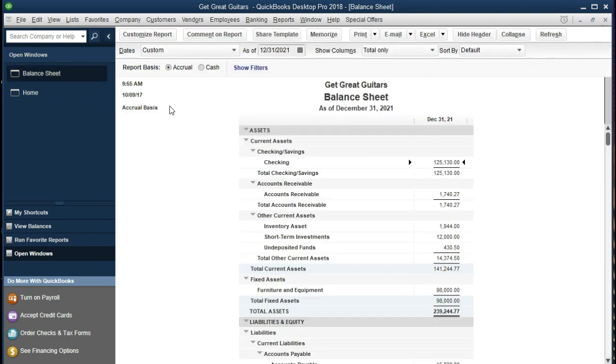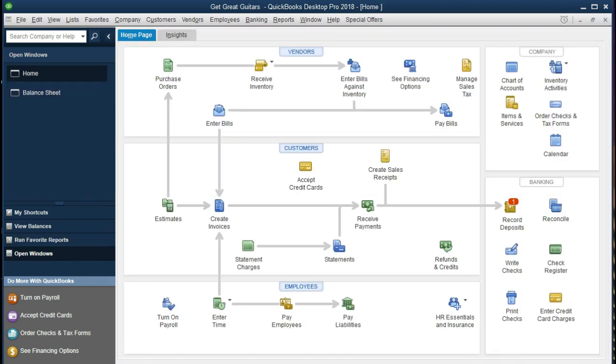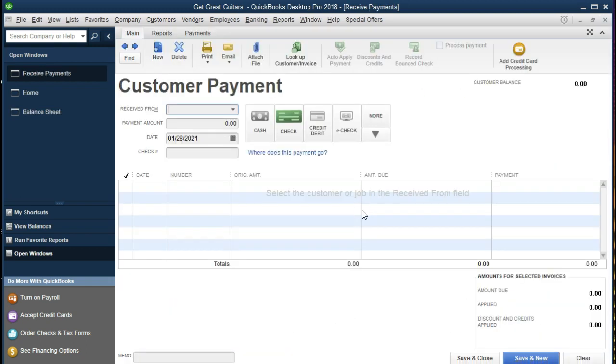We still have our open windows over here, going back to the home tab, and then we're going to do this one more time, one more customer. We will then go back to the receive payment. So remember, when we select receive payment, we are thinking that we got a payment for something that happened in the past. So you're imagining we got a check in the mail, and that's the check from that invoice we sent out in the past, and we're going to say receive payment so that we can lower the amount due to us from the person or company who wrote the check. That in this case being Eric